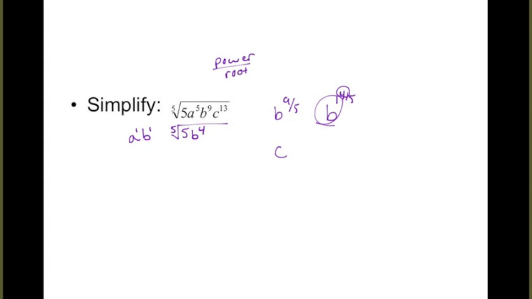For C, 13/5. How many times does 5 go into 13 evenly? 2. 2 times, so I'm going to take 2 out, which leaves how many in? 3 left in. And that is